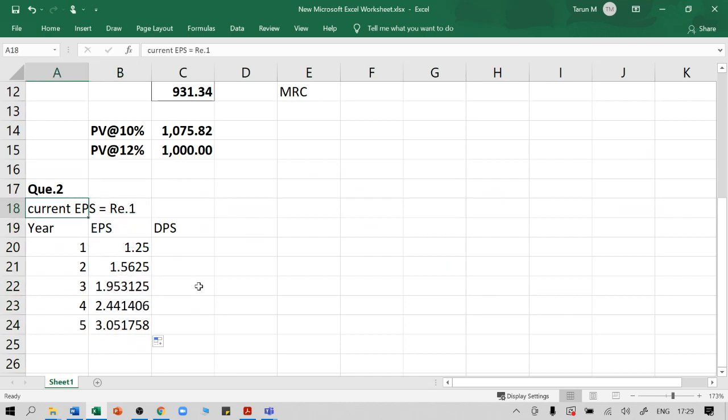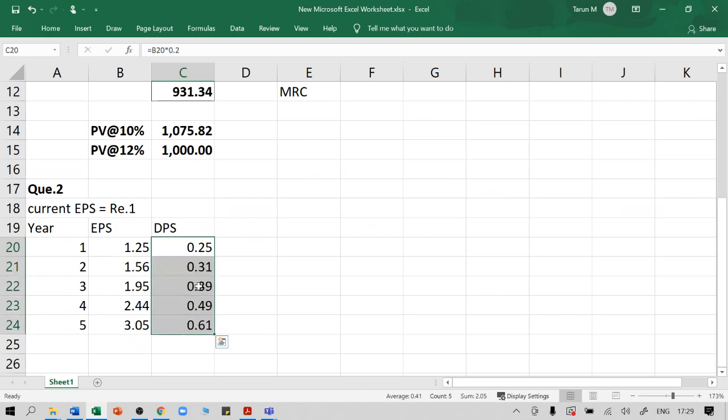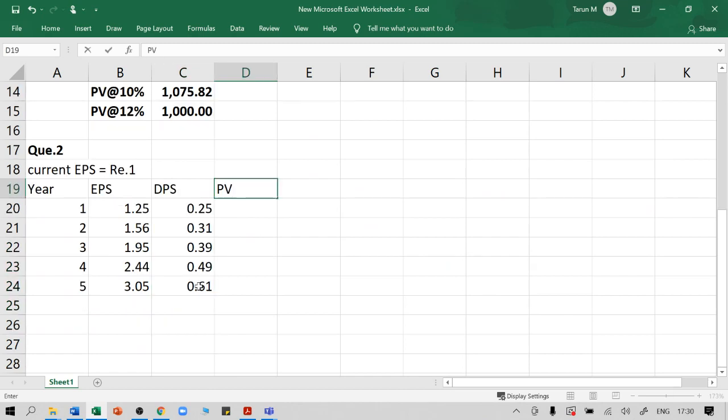So I have assumed that year 0's EPS, current year's EPS, is 1 rupee. And thereafter it is increasing at the rate of 25% per annum. So this is how EPS looks. Now the question says that payout ratio is 20%. Multiply this by 0.20. See, I'm trying to make a valuation by first calculating the cash flows. If you have any doubts, meanwhile, feel free to ask. EPS and then DPS, and now you